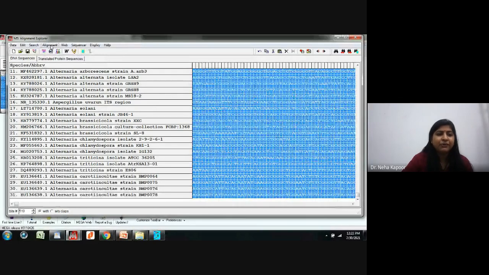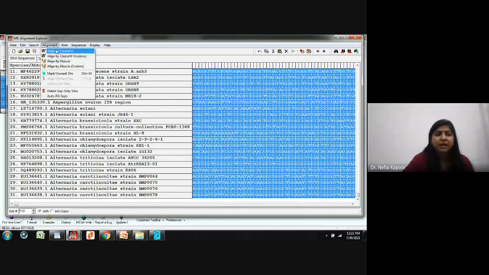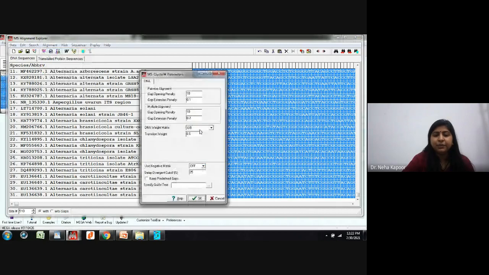go to this tab of alignment. Herein, align by ClustalW, align by MUSCLE. These two tools are being displayed here. You can use align by ClustalW. Herein, gap opening penalty, gap extension penalty is given in case of pairwise alignment and multiple alignment. You people must be remembering when we discussed multiple sequence alignment, I told you in that case the first step is pairwise sequence alignment and then the multiple sequence alignment is done. So the gap opening and gap extension penalty, I am keeping it as default.